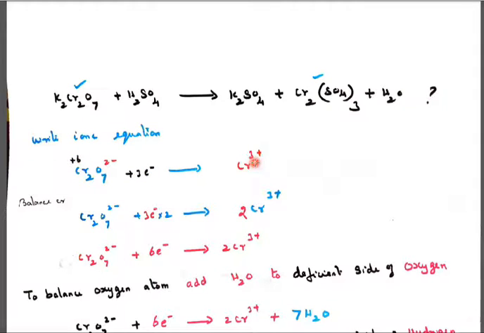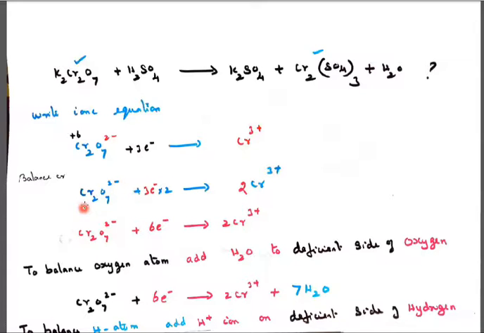In order to avoid confusion, just see the difference. 3 is the difference, which is considered as 3 electrons. Put it near the higher oxidation number side. Suppose plus 3 is on this side and plus 6 is on this side, it means you should put the 3 electrons on this side. So that is the concept. But here chromium is 2, and here only 1 chromium. To balance 2 chromium, we should multiply the 3 electrons by 2. So we'll get 6 electrons.